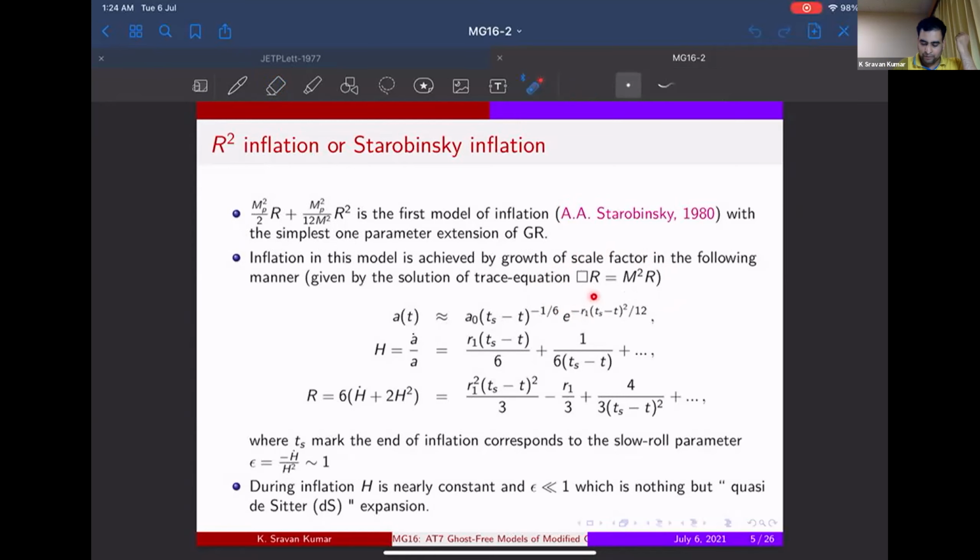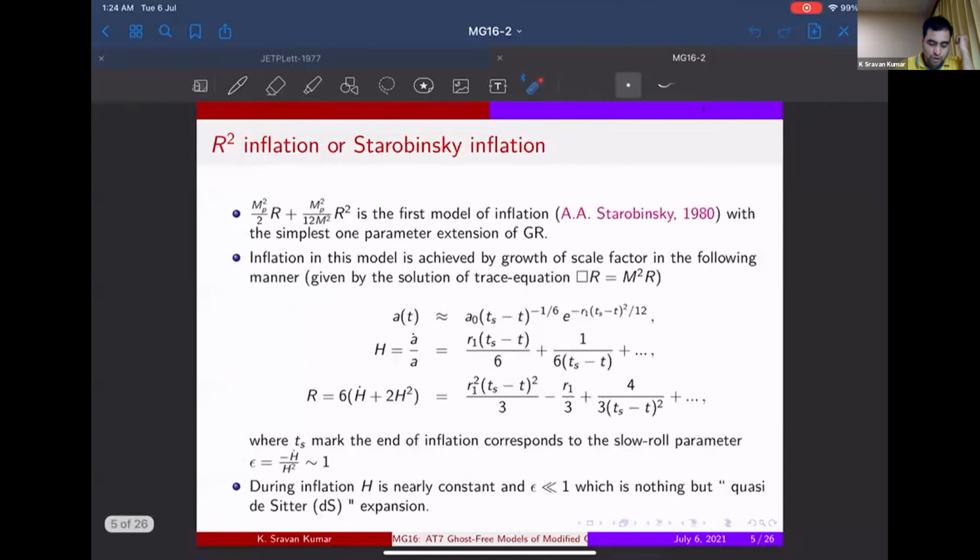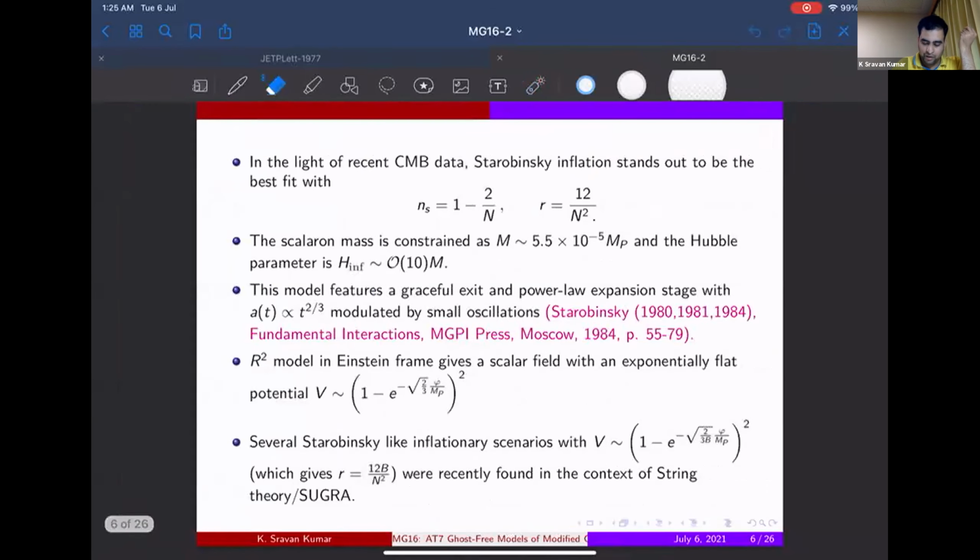Starobinsky inflation is the most successful model so far, perfectly matching the observations, especially the spectral index, and the tensor to scalar ratio is within the limits of the current observations, and we have not detected it yet. There is a new parameter in the Lagrangian, which is called the scalar mass, because this R-square term brings an additional degree of freedom in the theory, which is not a ghost for sure. It is a scalar with a mass m much less than the Planck mass. This plays a key role in the observational predictions of this model, and it is constrained as shown. Especially after the Planck data,